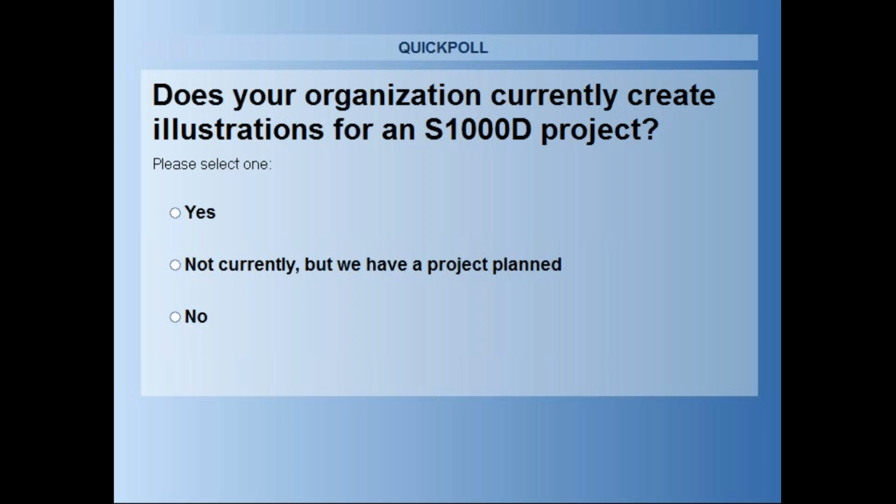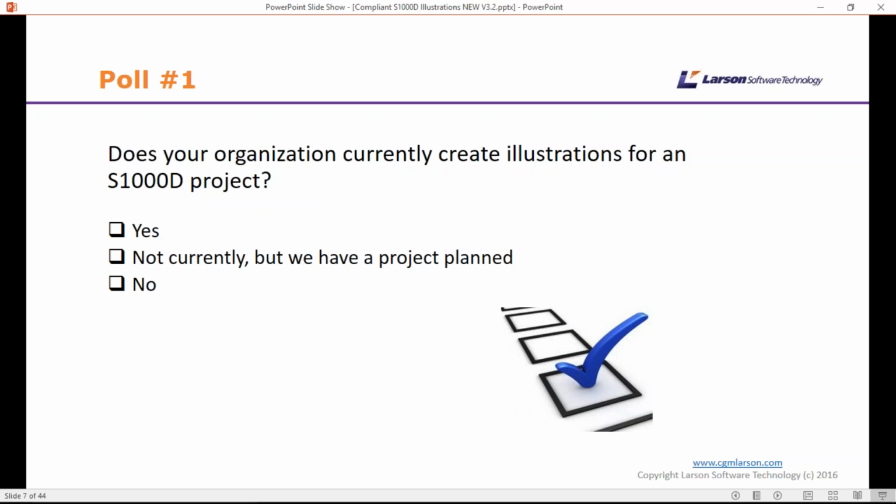This just gives us an idea of the audience we have this morning. So nearly there. I understand as well that probably not everybody has projects, and it's not that relevant to them. Okay, nearly got 100%, so that's a good start. So I'm going to close it at this point.